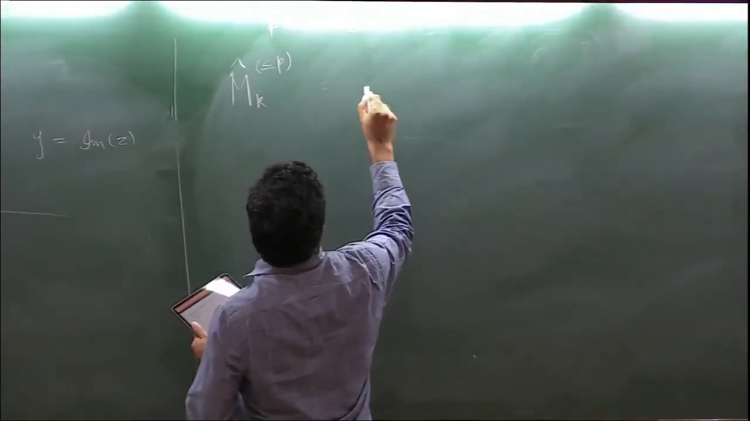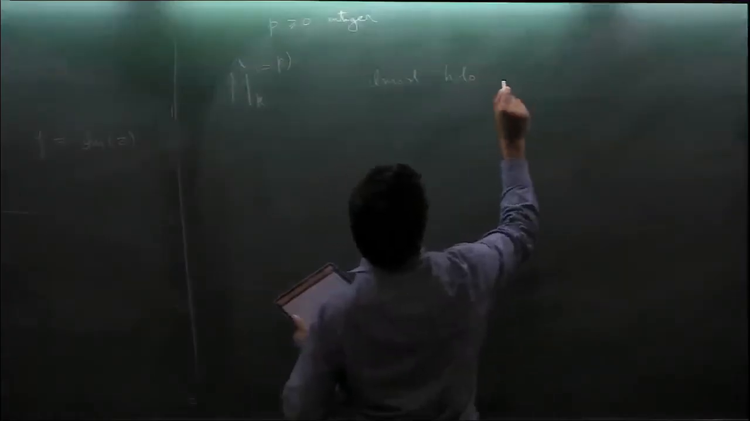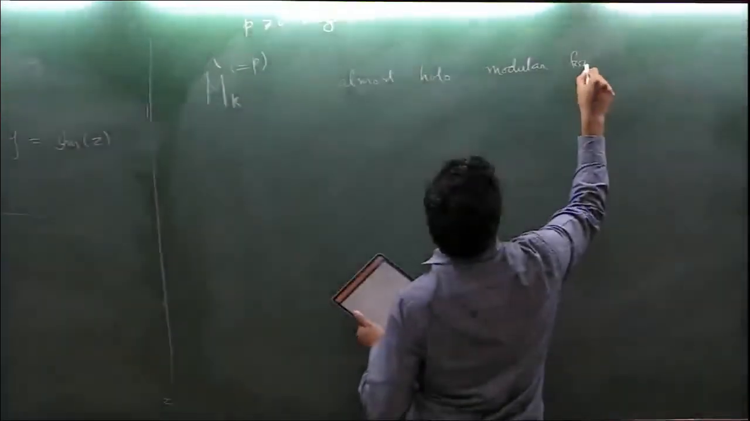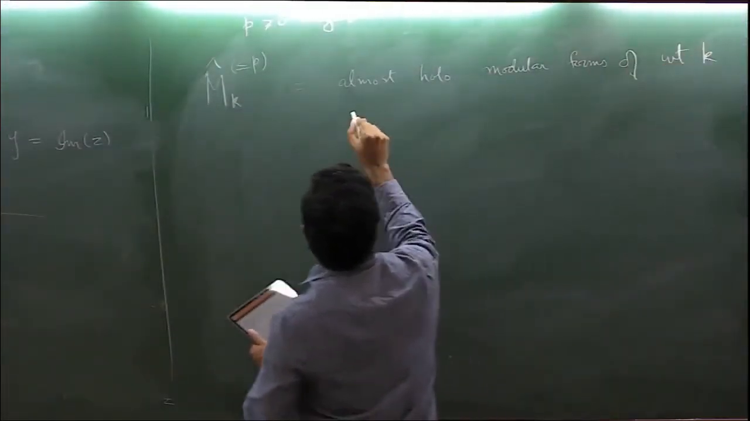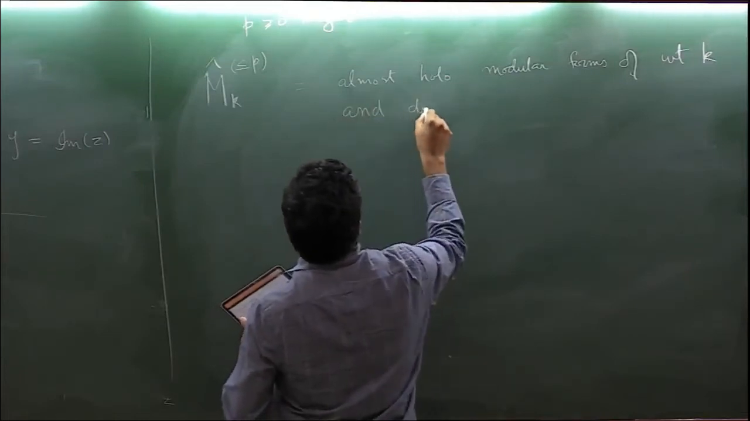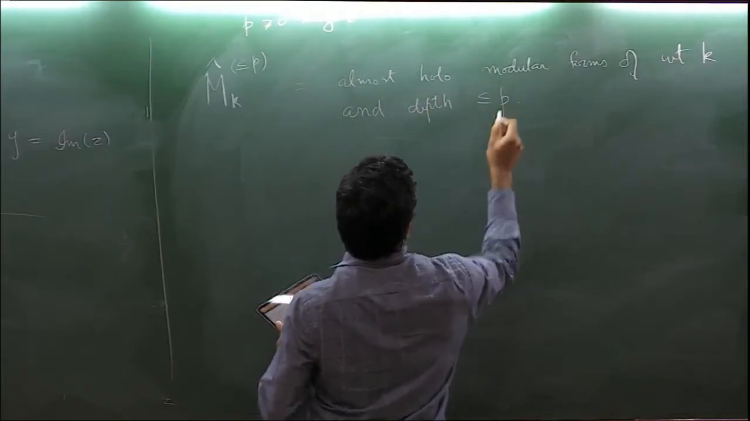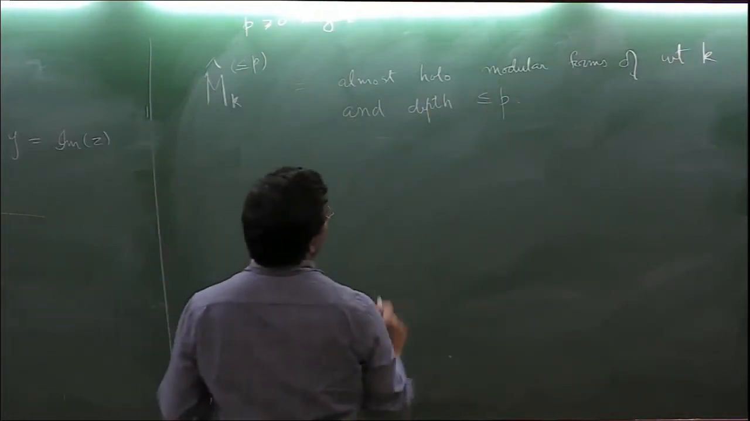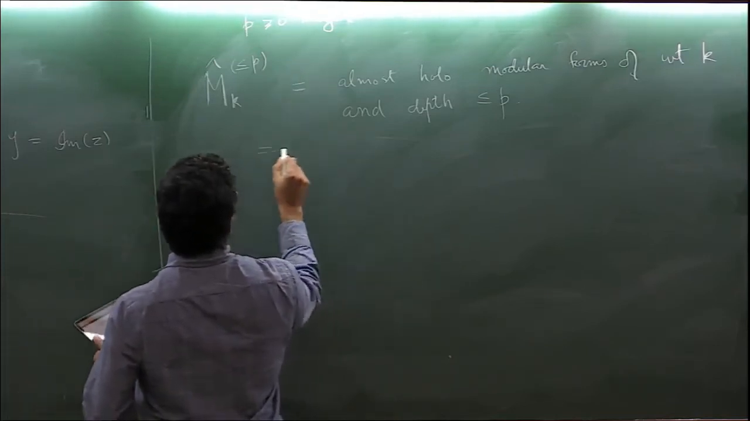So almost holomorphic modular forms of weight k and depth less than or equal to p, right? It's not depth p, it's depth less than or equal to p, that's the terminology used. So this is